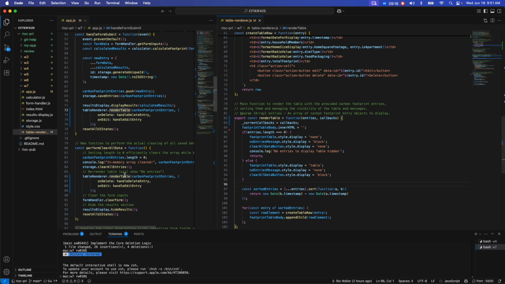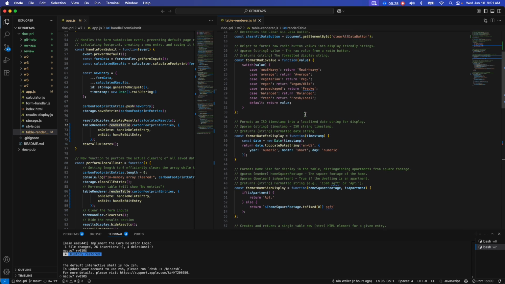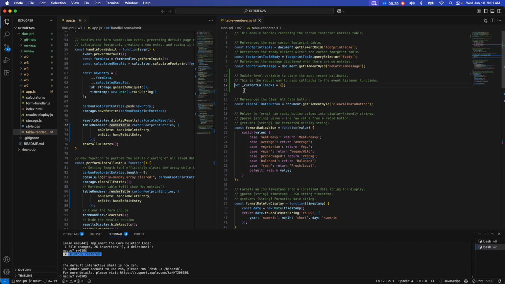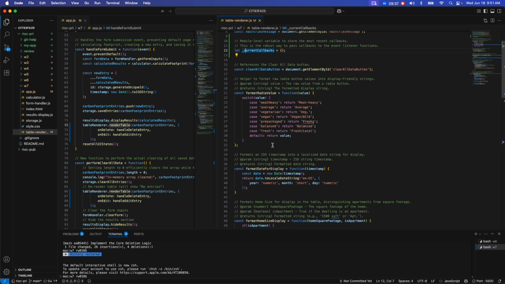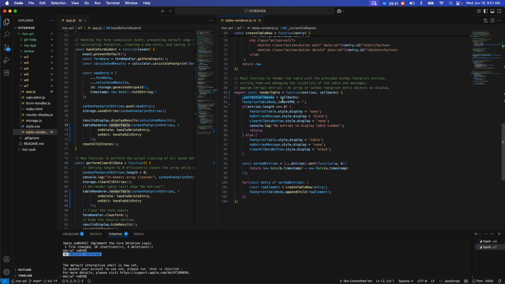So I needed to put some things in place. I needed to set up that object literal. I need to place it on every occurrence in the app.js. In the table renderer, I need to set up a new variable that in this case is a global variable because of where we're setting it up. But because we've done the underscore, that's a naming standard to say, hey, we're just going to set up an object literal that we then set its value to whatever the callbacks are,